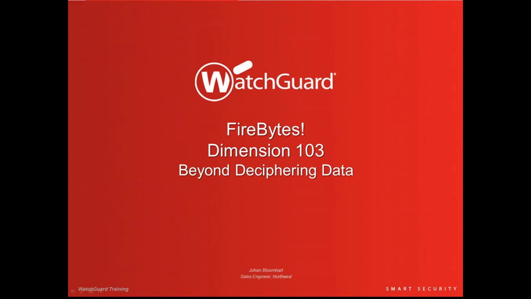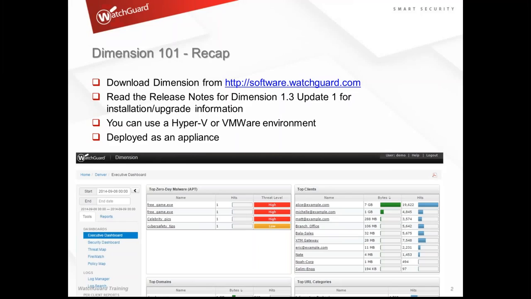Dimension 103, beyond deciphering data. So looking at the series and just a recap, with Dimension 101, we talked about how to download Dimension